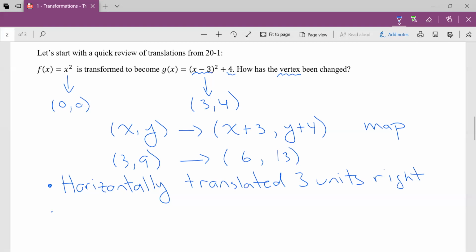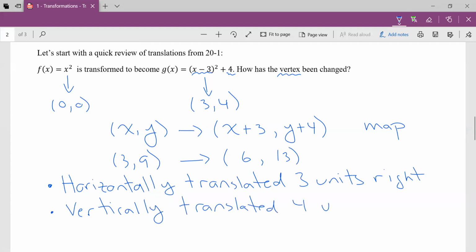The second one I'm going to say is that it's vertically translated. I can't spell. Let's try that one again. Vertically. Holy cow, I don't have enough coffee in me today. Vertically translated